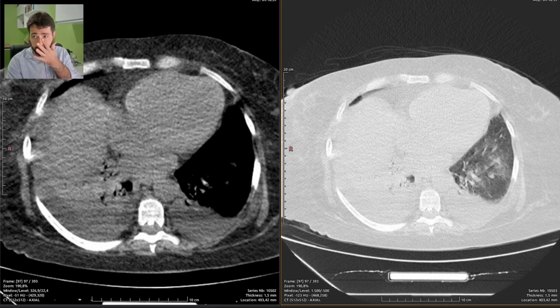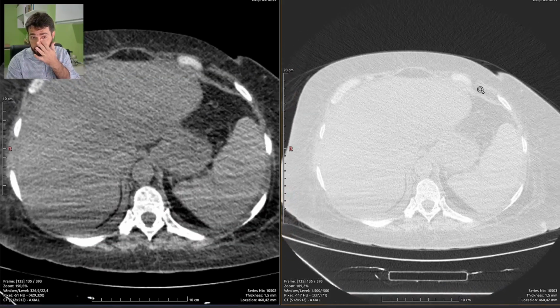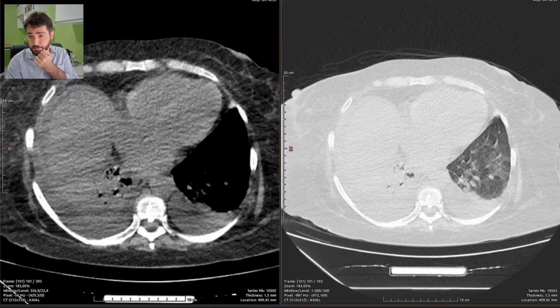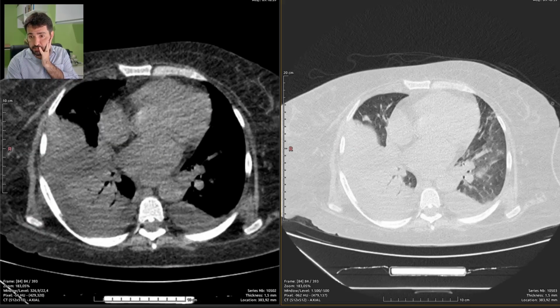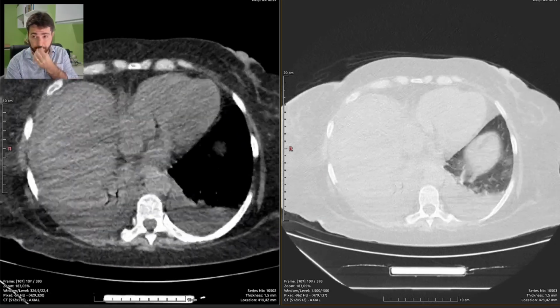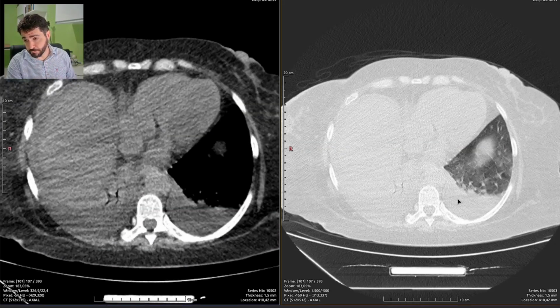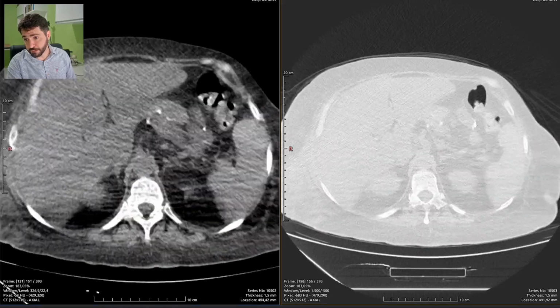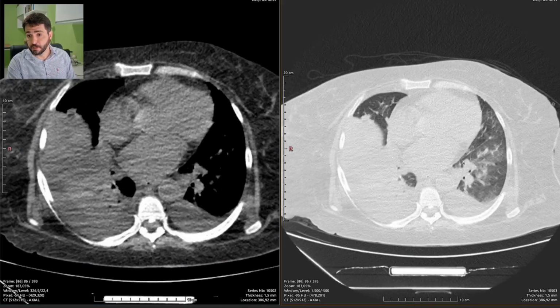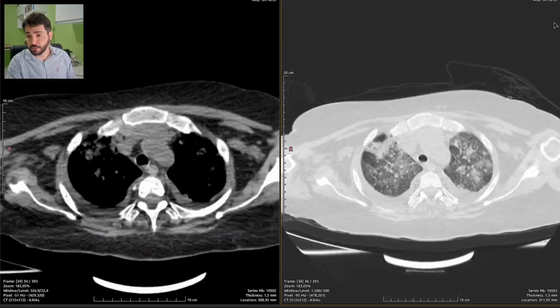Also, the right lower lobe is partially collapsed. So I have a partial collapse of almost the entire right lower lobe, and a partial collapse of the basal segments of the left lower lobe, and almost entirely the